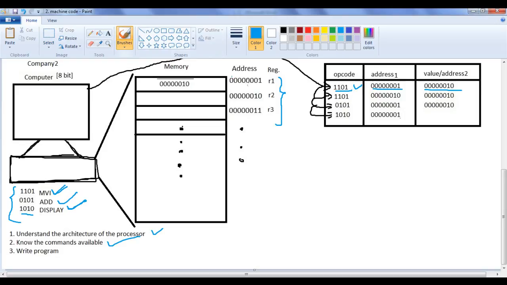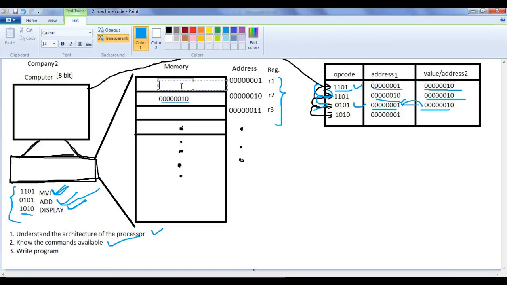Then the computer moves to the next instruction, and we are telling again 1101. 1101 indicates move immediately. We are telling move immediately this value to this address. So the computer takes that value and puts it in the specified address. Then the computer moves to the next instruction. We are telling 0101. For this computer 0101 indicates the add command. We are telling add the value at this address and this address, and put the value in this address, that is the result. What the computer does, it performs the addition operation and then puts the result in the specified address,